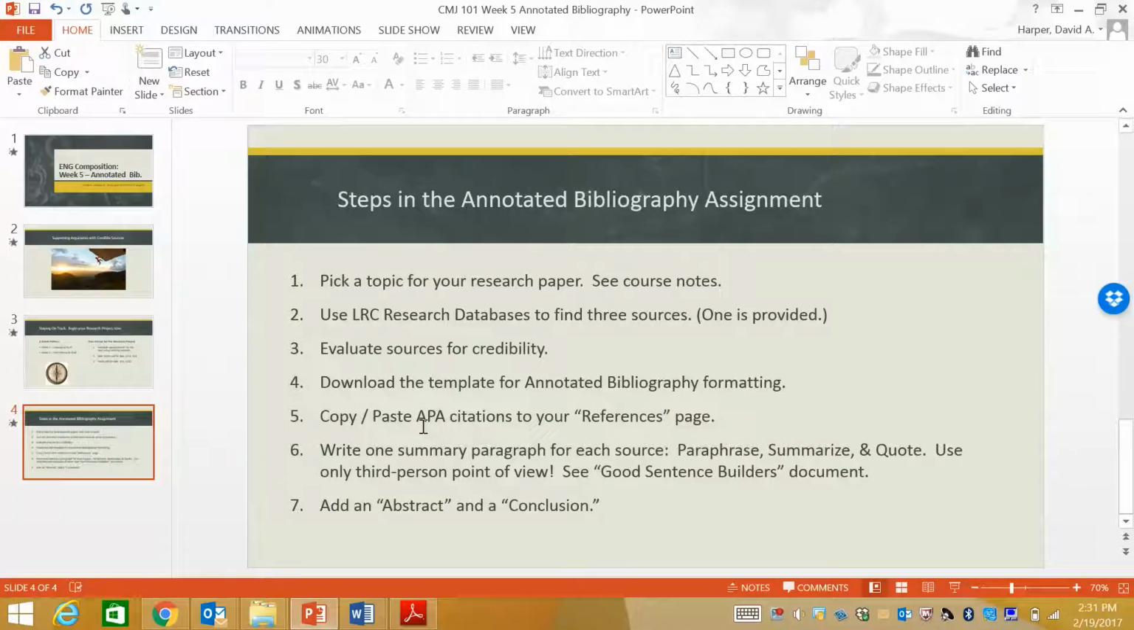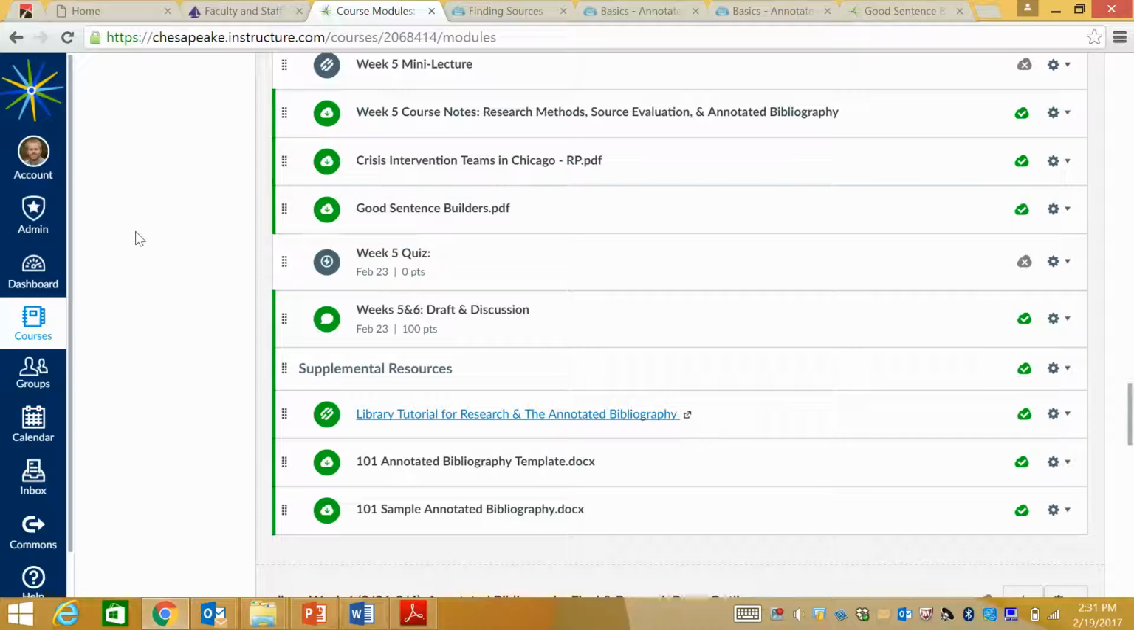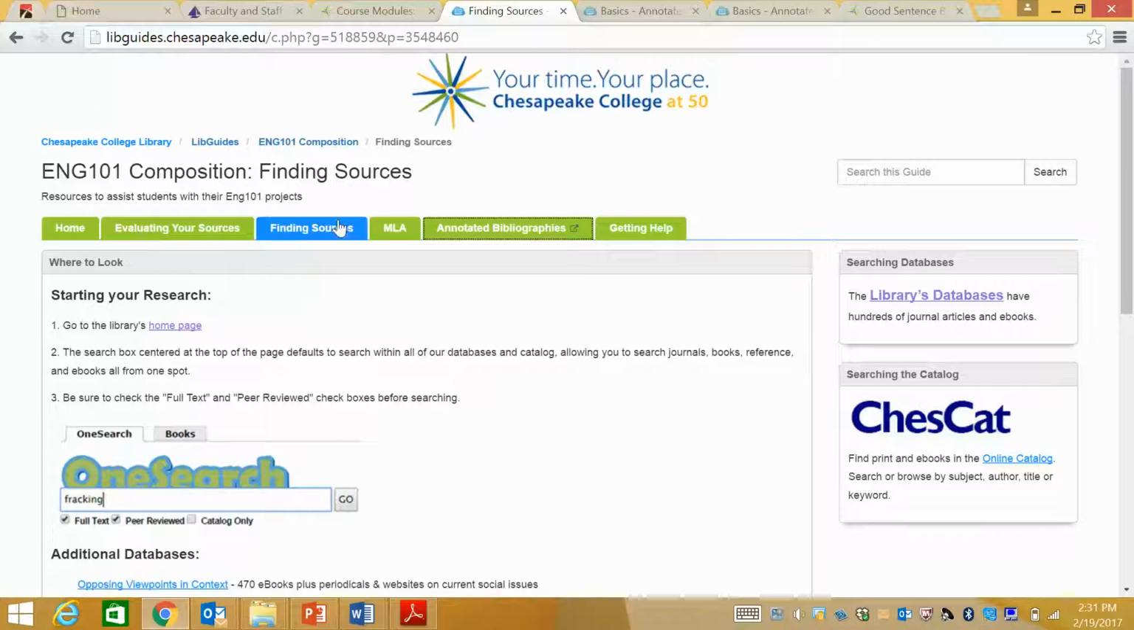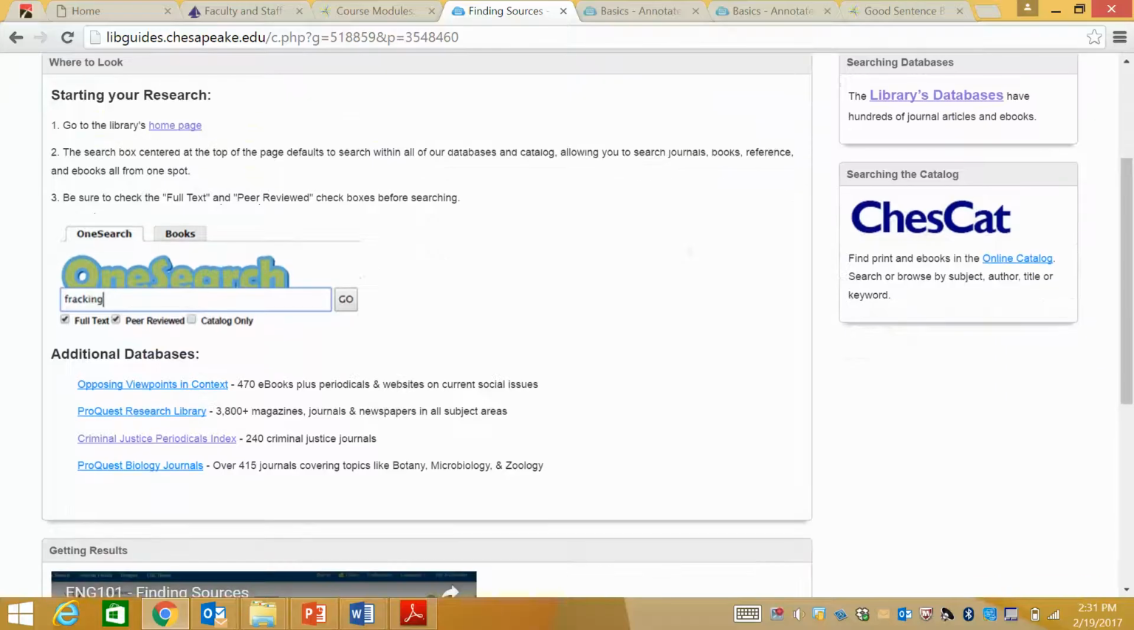Okay, and then you can copy paste APA citations to your references page. Now check this out, it's a way to bypass NoodleBib. NoodleBib is a fine resource, and if you're comfortable with it, by all means use it. Okay, but if I'm finding sources, say for example, and I click on the Criminal Justice Periodicals Index and